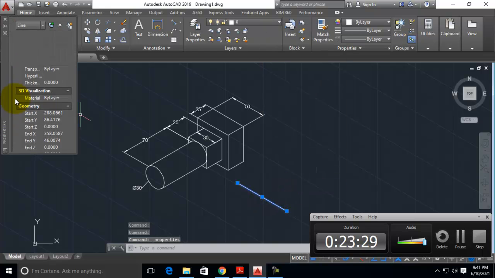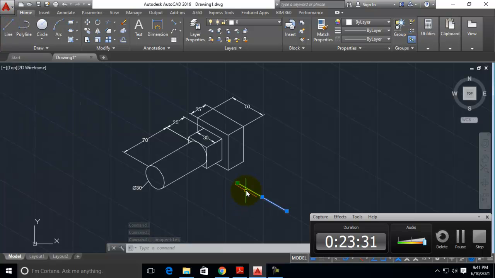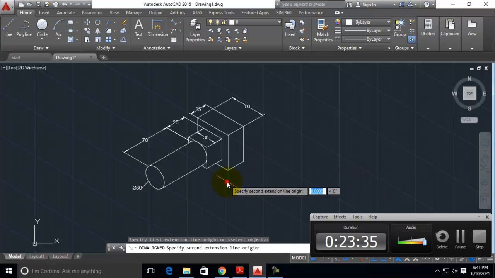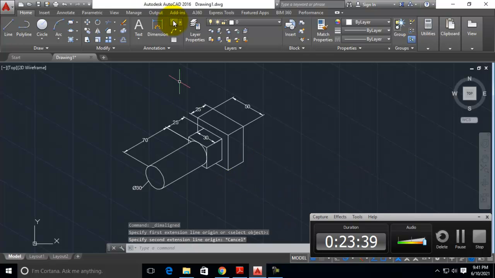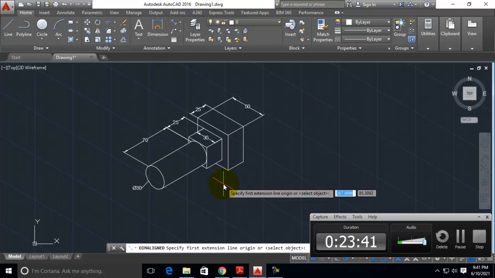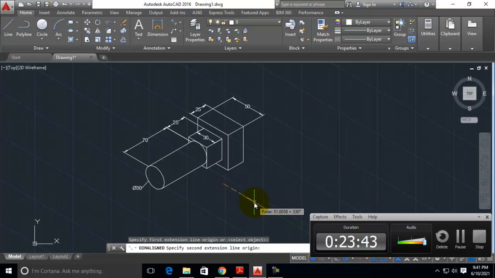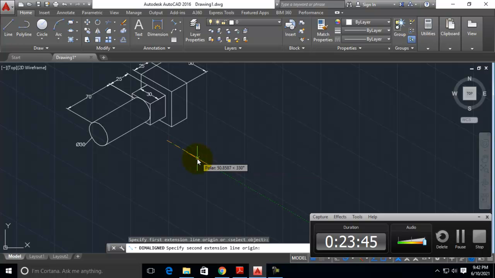Actually for this it's not possible, so delete that. You can draw the arrow by using this method. Just draw a dimension line, use the aligned dimension option, click here and draw an aligned dimension for an angle of 330 degree.